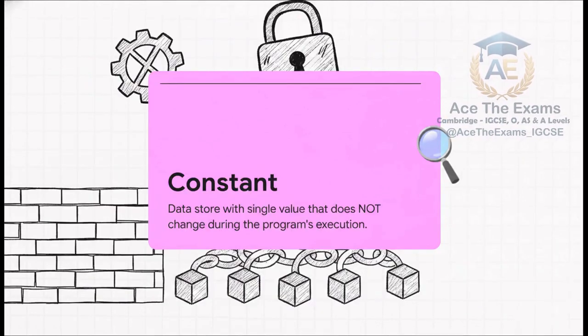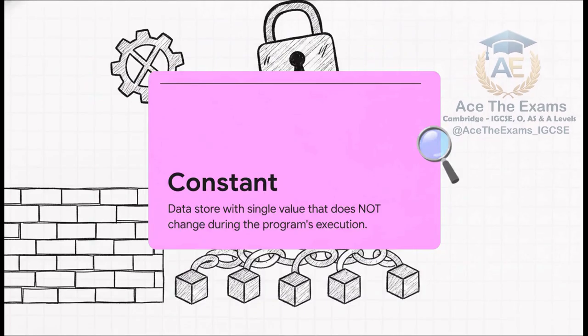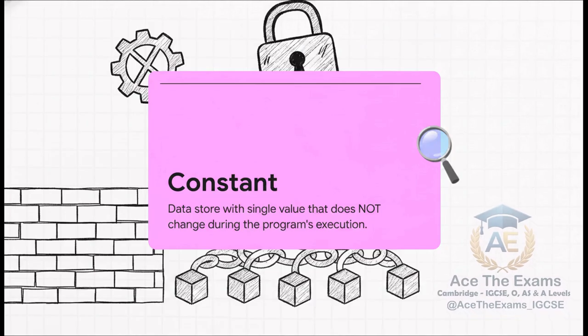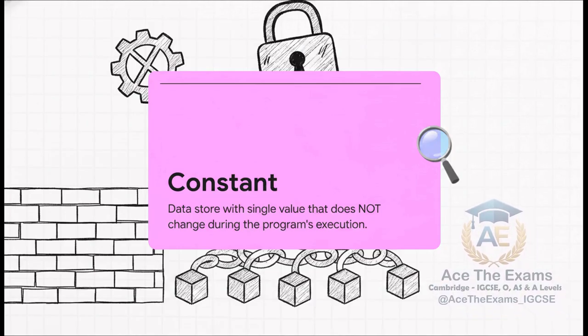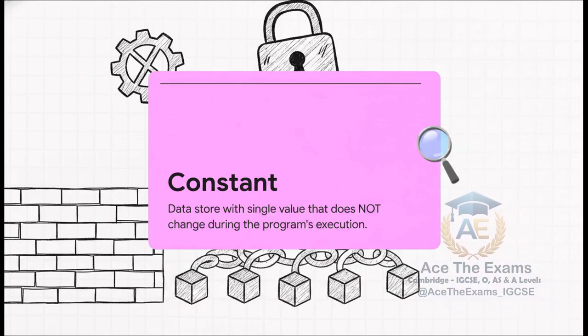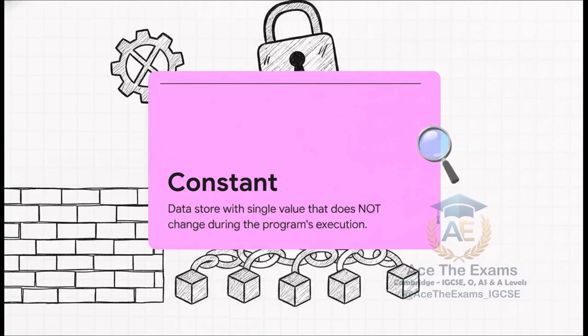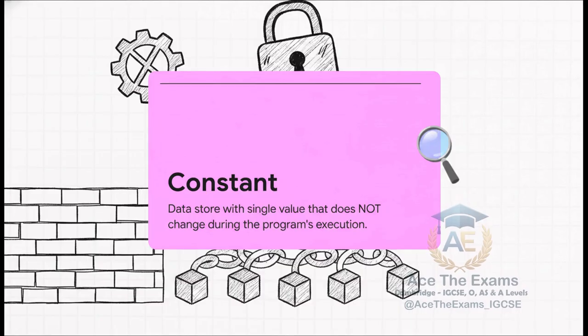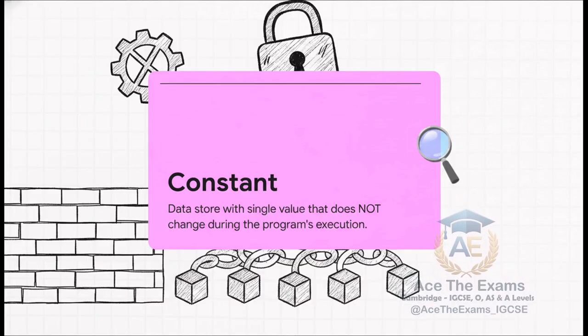Now, by contrast, a constant is totally locked in place. Once you assign a value to it at the very start of your program, it stays exactly that way permanently throughout the entire runtime. Think of things like pi in a math program, or a fixed tax rate in a financial application. Examiners love testing this concept. If you try to alter a constant later in your code, your program will simply crash. Using constants is a massive green flag to an examiner because it shows you understand how to protect critical data